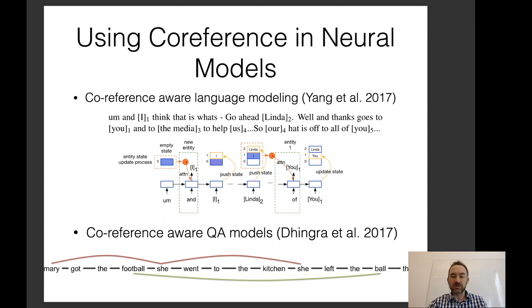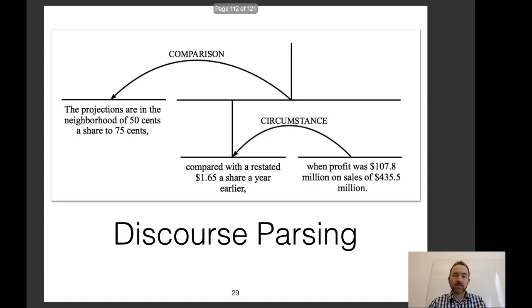Examples where coreference is really important are relatively rare. So we might not expect the error signal that you would get from end-to-end models to necessarily upweight coreference enough. So this gives kind of an inductive bias to increase the model's interest in coreference. And we've also found some interesting things with respect to applying this in machine translation and other things as well. So the final thing that I'd like to talk about today is discourse parsing.